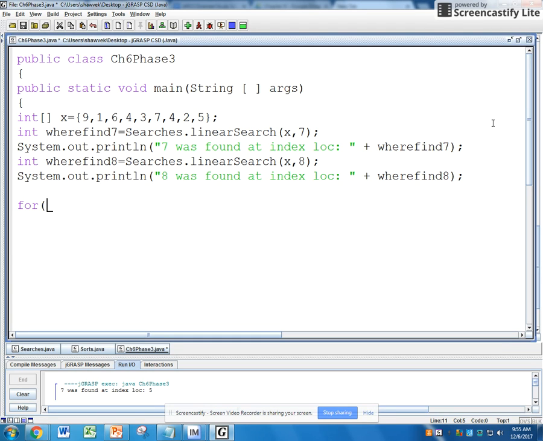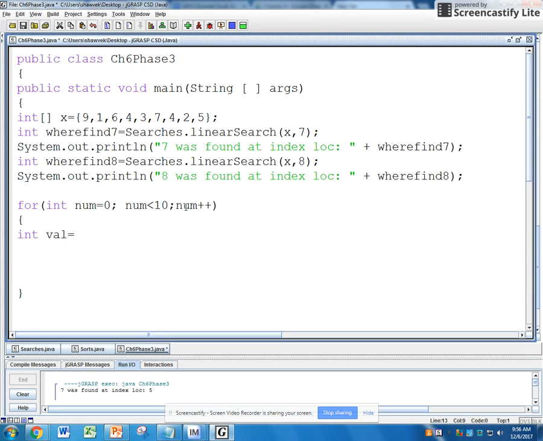Let's say for, I don't want to call, do I want to call it? I'll just say num. For int num equals 0, num less than 10. And then I'm going to say, oopsie, I got a boo-boo right there. Num plus plus. Okay, so inside of here, let's make another variable that says int val equals,